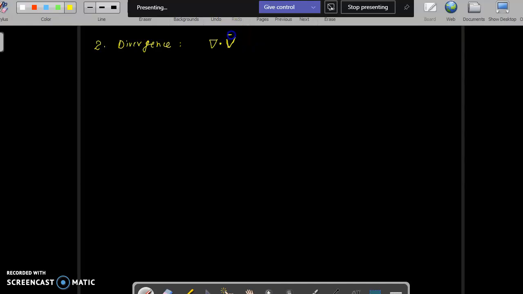It may be any vector. It may be a potential or electric field or flow of fluids or flow of airflow. So divergence, let us write it down. So del is dou by dou x Ax plus dou y Ay plus dou z Az